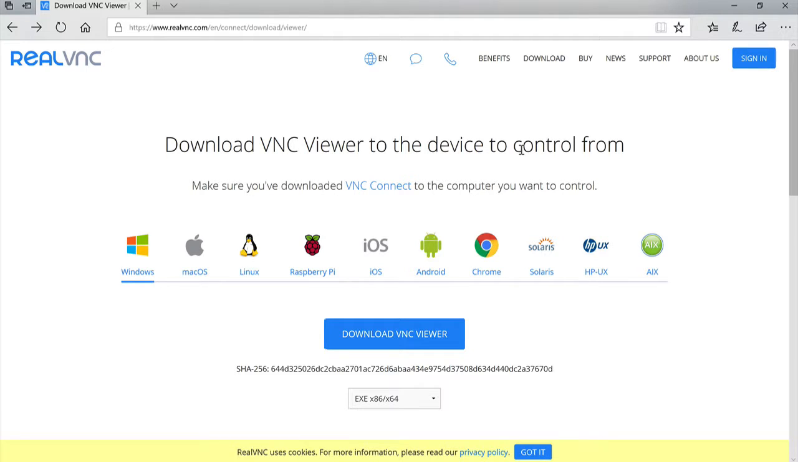I am on my Windows box, and what we need to do first is download a VNC viewer to connect to the VM, to the droplet that we have running right now. That's running right now. And in order to do that,